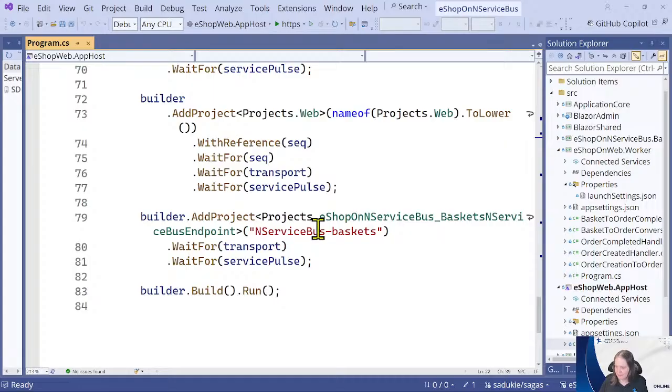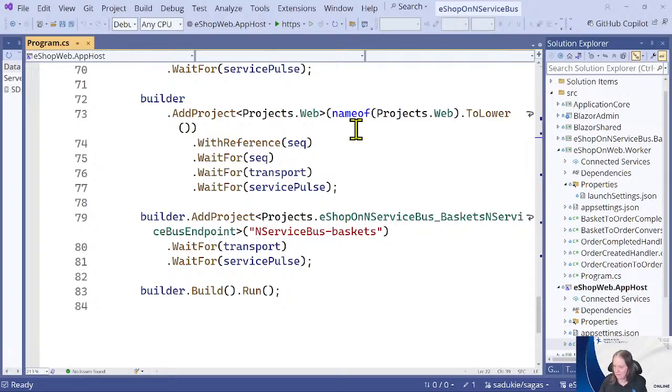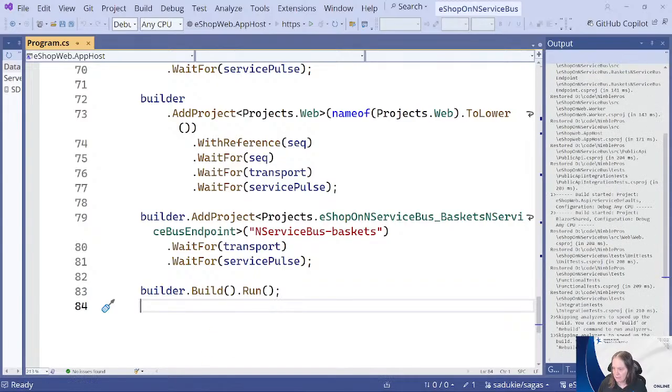And then we have NServiceBus baskets. So we have orders, we have baskets is going to be the new endpoint we do in this case. Because for Sagas, we're going to watch a basket go to order complete. So it's basket create, the order create, the order complete. I'll remind you that when we get closer to the Sagas part. But for now, understand that this is when I click the HTTPS to start it, you're going to see all these platforms. Let's start this.